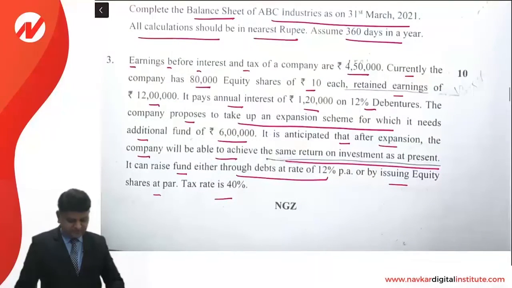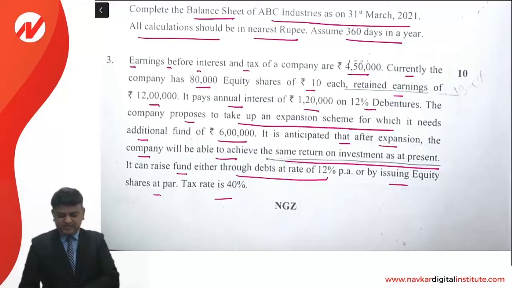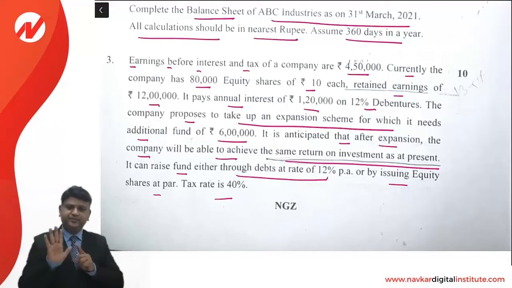That is the question. So friends, over here it's very simple for us to answer something like this in this sequence. First of all, we'll make the calculation of the current capital employed. Current capital employed consists of 3 components: one is the equity share capital, second is the reserves and surplus, and third is the debt financing. That is the capital employed. EBIT upon capital employed into 100 will give us return on capital employed or return on investment. That is the second thing that we will compute.